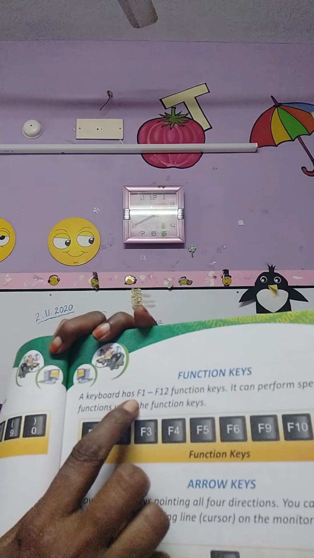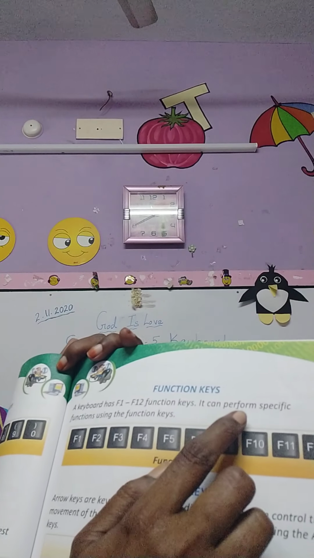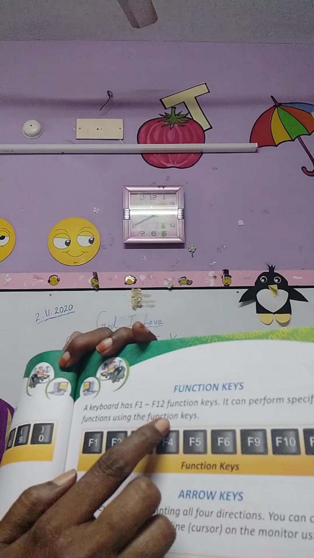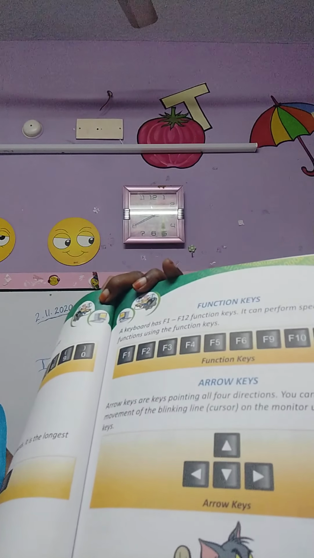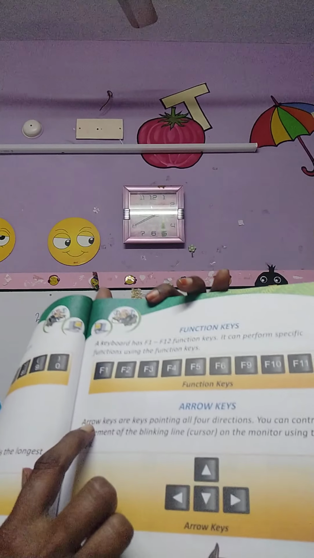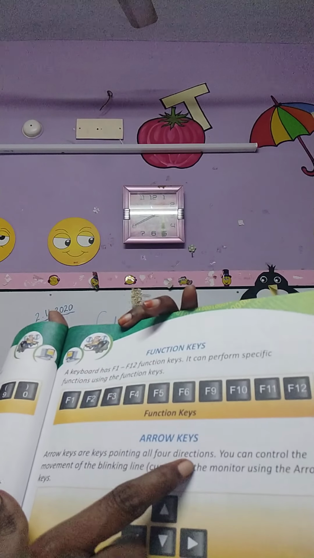A keyboard has F1 to F12 function keys. It can perform specific functions using the function keys. See here. Next, arrow key. I showed you 4 arrows for 4 directions. Arrow keys are keys pointing in all 4 directions.